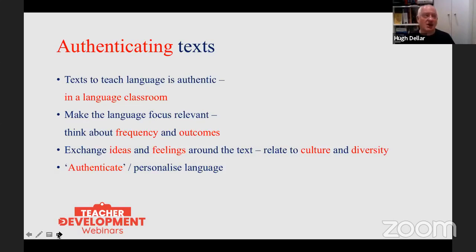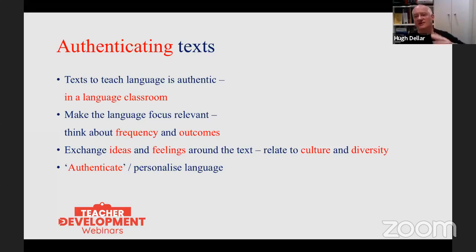Right back in 1980, Henry Widdowson wrote about the idea that no text can be said to be authentic in and of itself in a classroom. And if anything, a text that's written for language learners at a particular level in order to teach those language learners language is authentic for a language classroom.